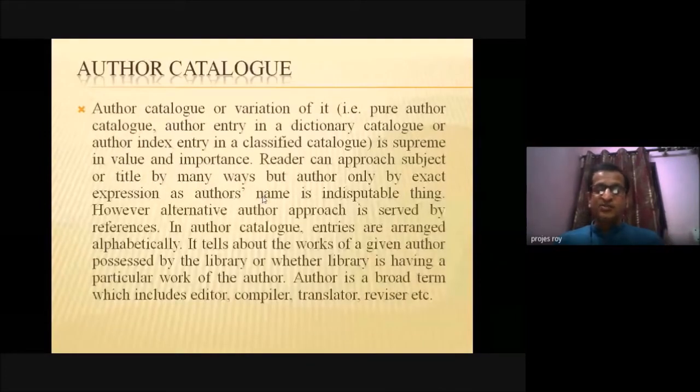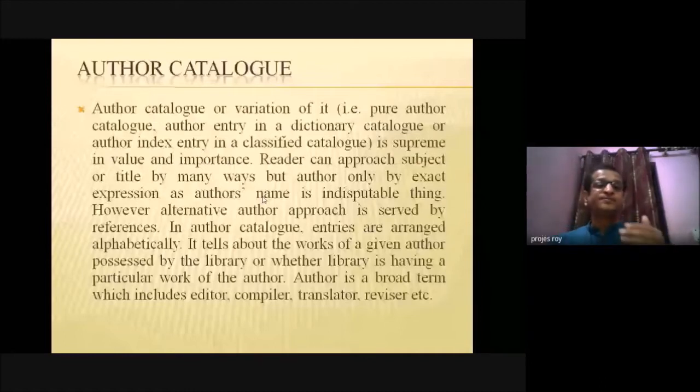There are two terms, Prajesh and Roy. If you see Shailendra Kumar, Shailendra is the name, Kumar is more renowned, and it has more recall value than Shailendra. As here you can see, Prajesh and Roy. Roy has more recall because people know Roy rather than Prajesh. Sometimes people call me Brojesh, where they do not know Prajesh. So in the author catalog, the cards are always arranged in alphabetical order on the basis of the name of the author.